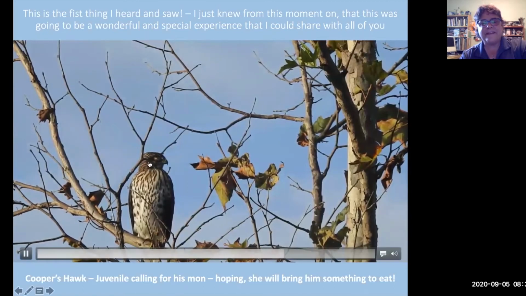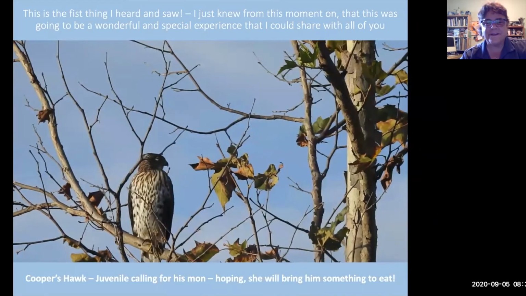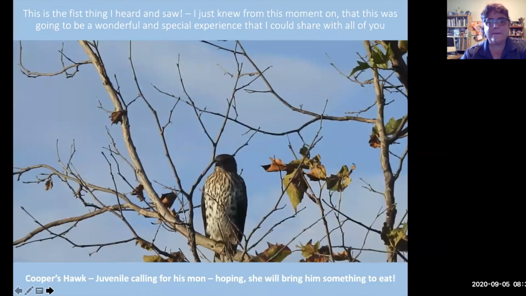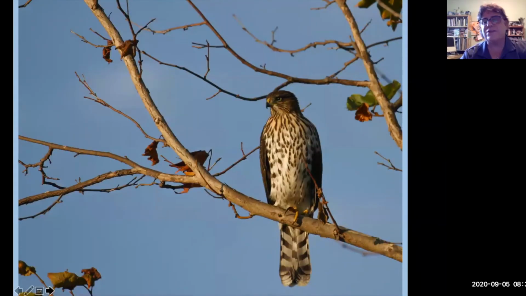You can see the eye is injured. Young hawks are not real good flyers, so he injured his eye, but he'll heal just fine. What you're hearing in the background is goldfinches. Well, and the air, of course. I wanted to capture a still. That is such a beautiful bird, a beautiful Cooper's hawk. There's a whole story. I could do a whole program on Cooper's hawks. So that's a fantastic experience that we had, Tracy.